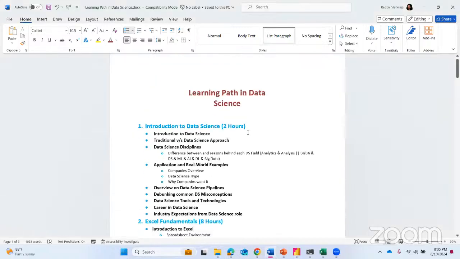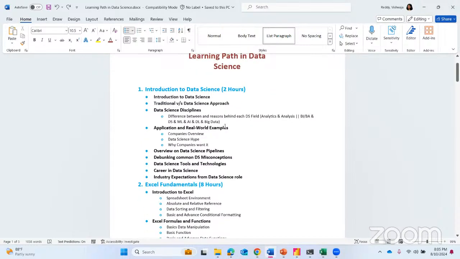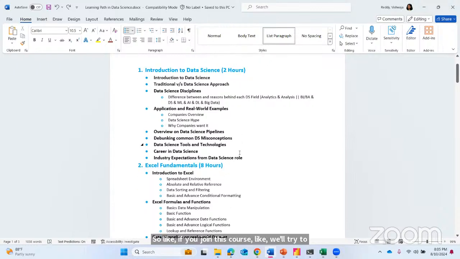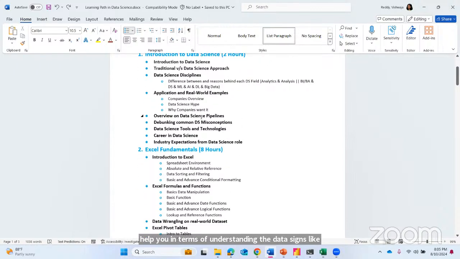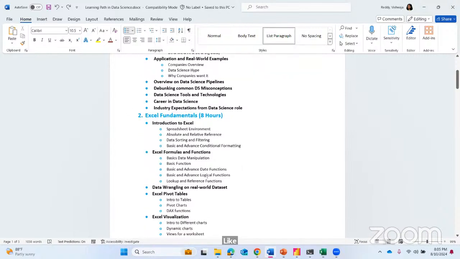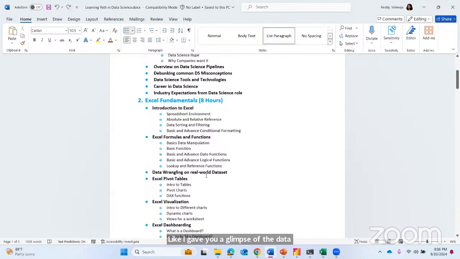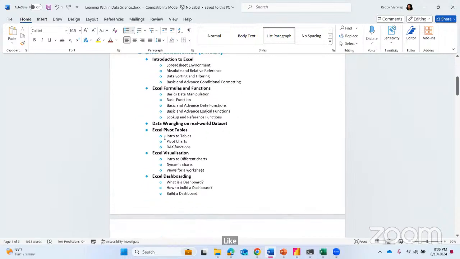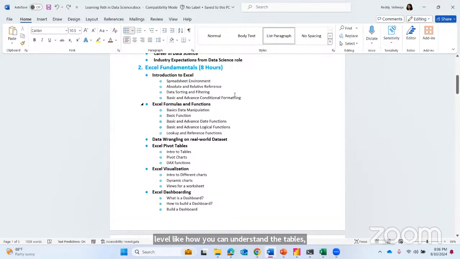If you join this course, we'll try to help you in understanding data science, a complete overview. I gave you a glimpse of data science, and then I can move you through Excel, the real-time fundamentals of Excel basics as well as advanced level, how you can understand pivot tables, visualizations, dashboards in Excel, and how you can manipulate the data in Excel through formulas, that we can understand